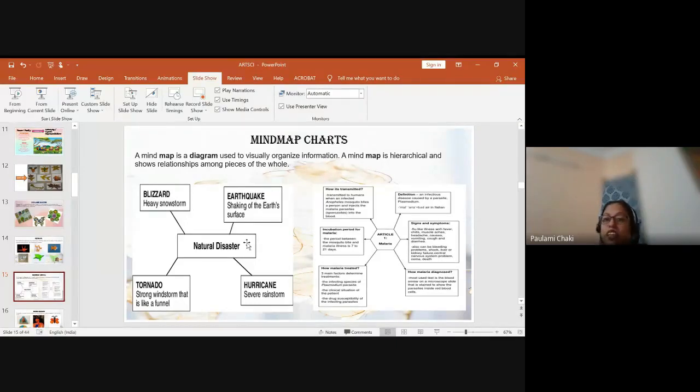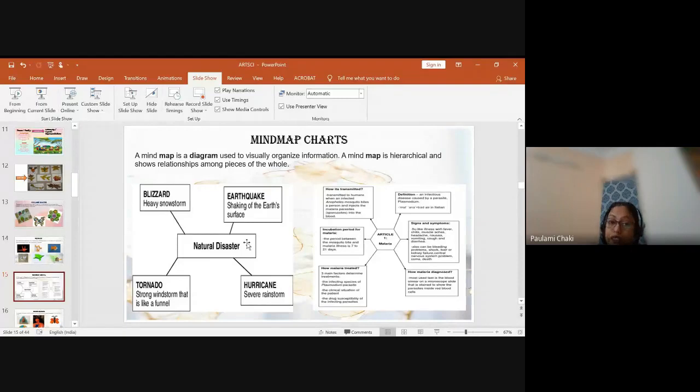In that particular lesson, we will teach them about malaria. So obviously we can ask them, okay, now you brainstorm yourselves and make a mind map where you will represent different ways of prevention from malaria. How can we prevent ourselves from malaria? So they will research, they will talk to their parents, and they will come up with it. This particular thing can be done in the grade 9 lesson, Why Do We Fall Ill? Because there also we teach them malaria.